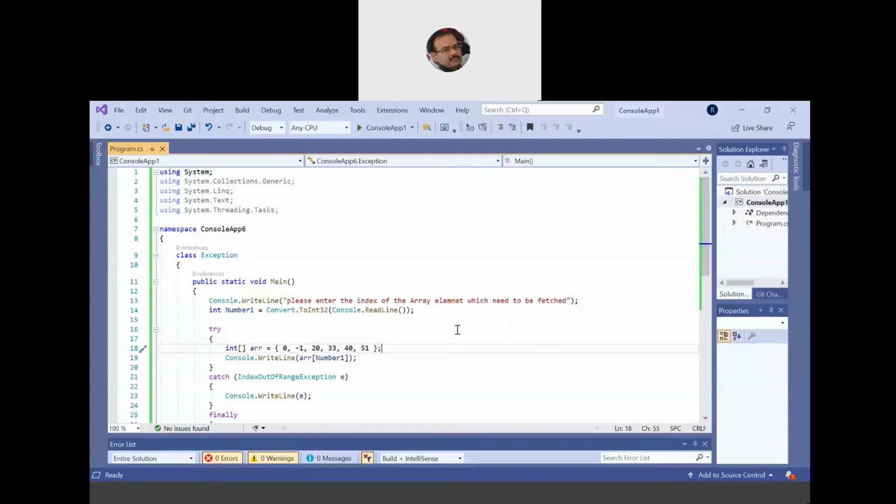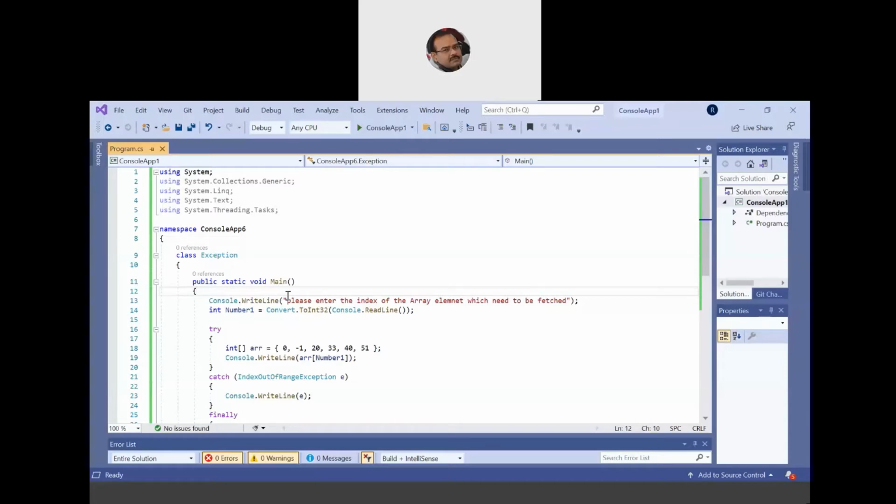For example, now let's see the code that will make things much clearer, and we'll keep on discussing along with it. So we write a class Exception, we define a main function, and we print a statement: please enter the index of the array element which needs to be fetched. We have defined an array, and we prompt the user to enter the index of the array element which he needs fetched.